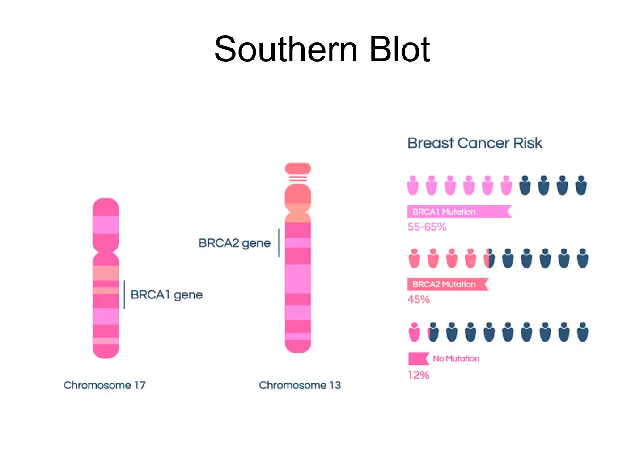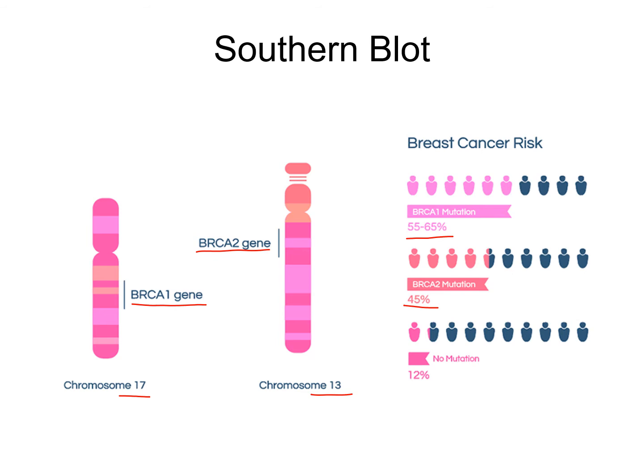And Southern blots are often used to determine if an individual carries the gene for a genetic disease. One example of this is breast cancer. So you've probably heard that there are 2 genes associated with increased rates or chances of breast cancer. BRCA1 is a particular gene on chromosome 17, and BRCA1 can increase an individual's chance of breast cancer by up to 65%. BRCA2 is another gene found on a different chromosome, chromosome 13,